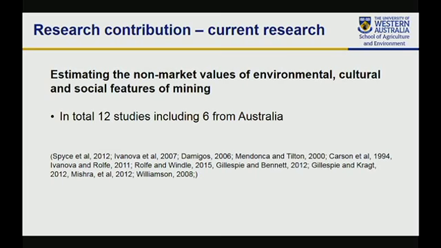In 2015, Rolfe and Windle's study looked at how Queensland's largest population, which is Brisbane, viewed the potential economic, social and environmental impacts of rapid resource development in the Surat Basin. So that was coal seam gas and coal mining. The results of that study indicated that there can be significant community concerns for those impacts in other communities.